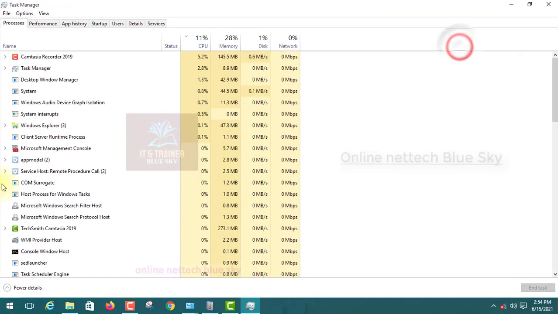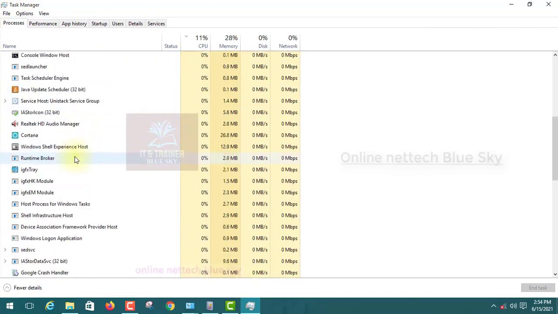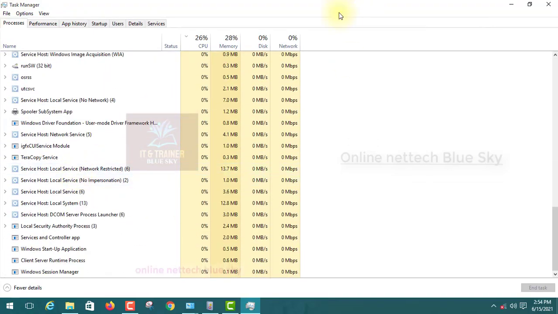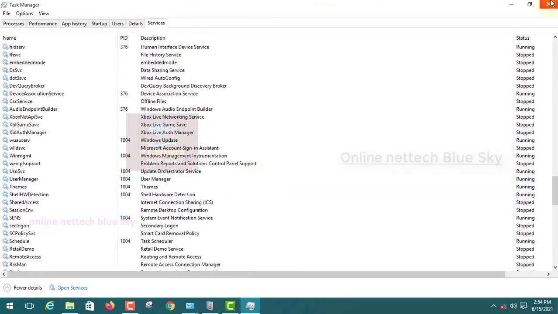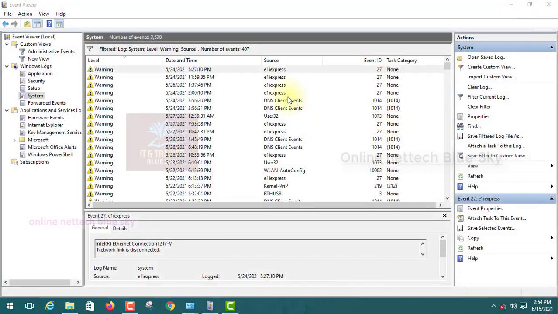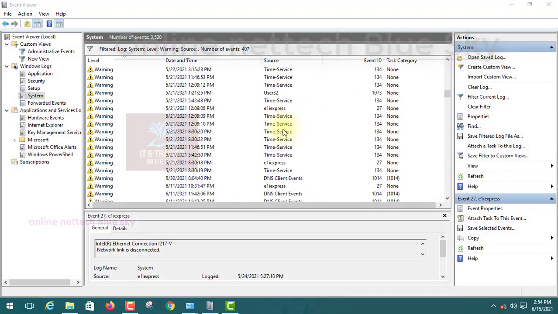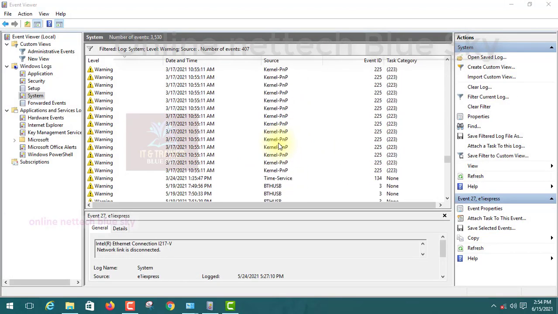You can see this is showing me everything. Everything in your background starts working, and related to services you can see a lot of services working here. So this is showing me one by one your services and related information. This is very important for you, even if you cannot understand completely. So this is one type of warning and information about the computer working.